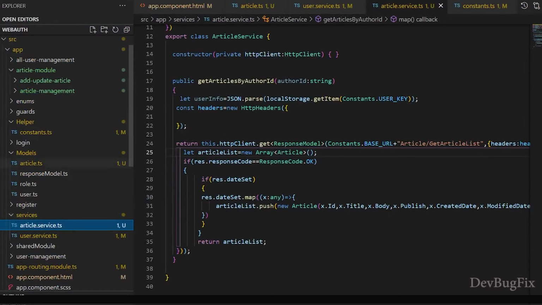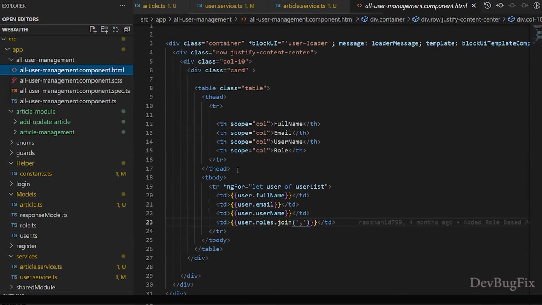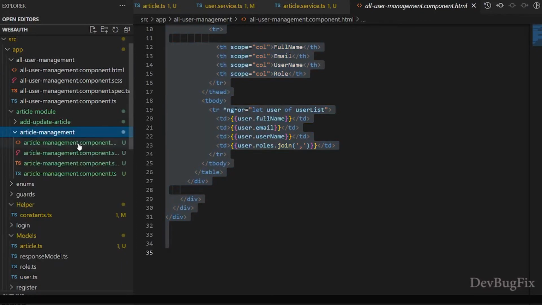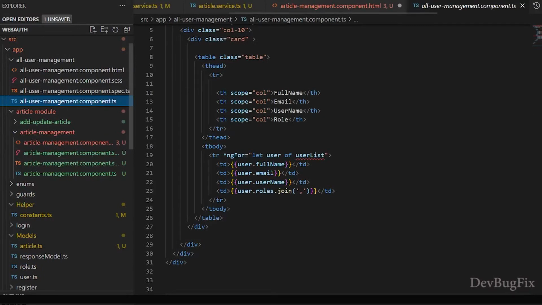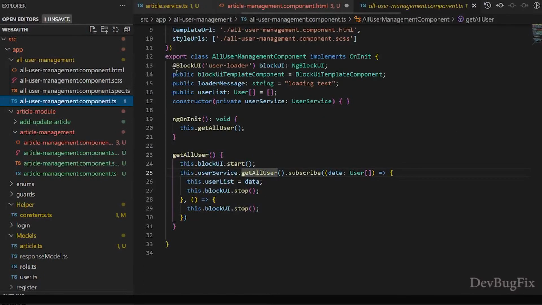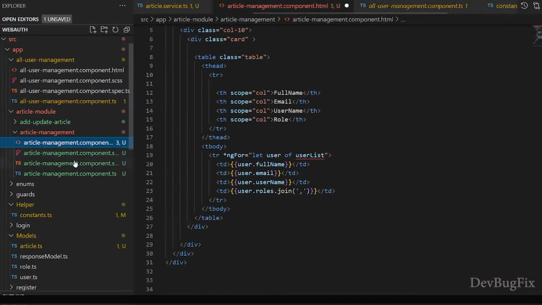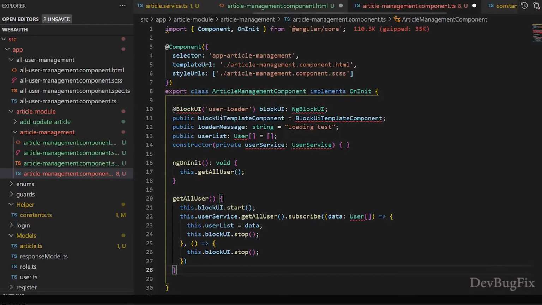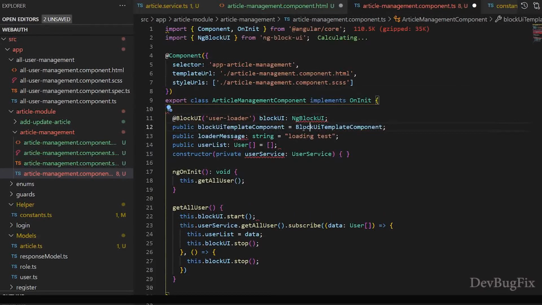Now we will work on article management page. So in article management page, we will show the list of all article. I will copy this UI from all user management and paste here, and also copy code from TS file, paste here. One by one import these component and model classes